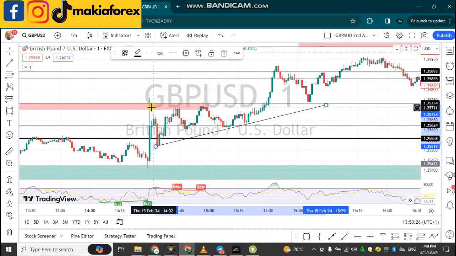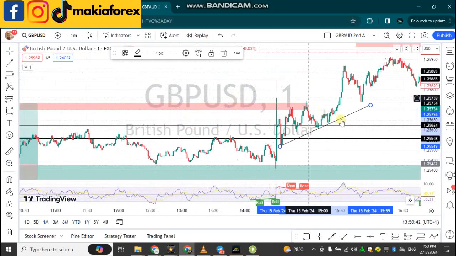So price went up, dropped a little bit, went up, dropped again, went up. Then finally, when it came back down, it was able to break the zone. But you can clearly see that as price kept moving up, it was not breaking and moving back in the bearish direction. It just kept becoming bullish, as you can clearly see.